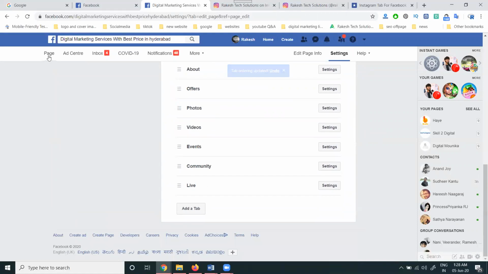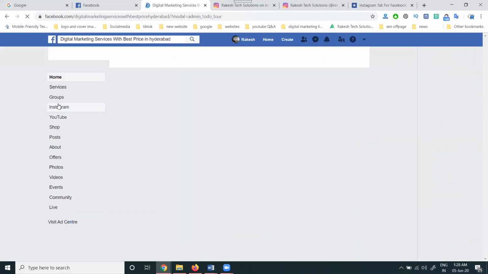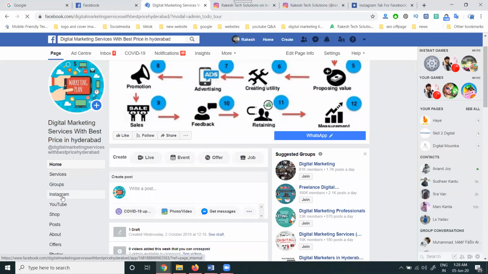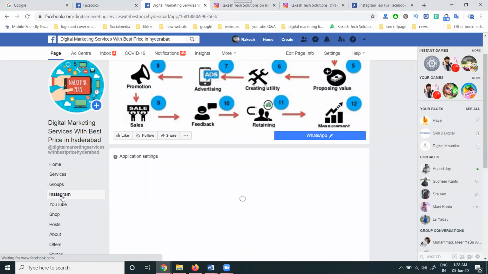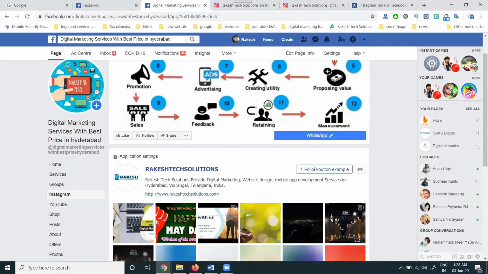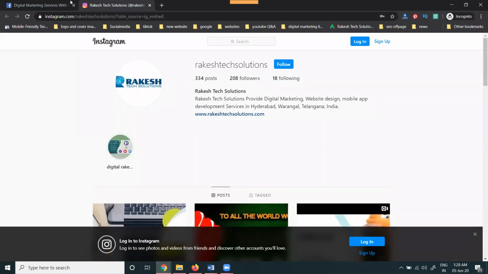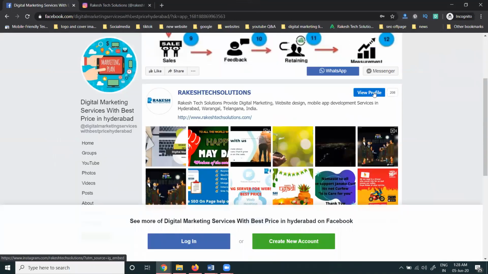Now back. The previous position was a dead end. Now it will be fourth, and the third place is given here. So they now show where the third option is. This is a tab, and you are the owner. They can't see it here. Any new user who goes to view profile, after that it will show like this. So this is the follow button for any user. It will show like this. So this is how to increase Instagram followers by using the Facebook option.